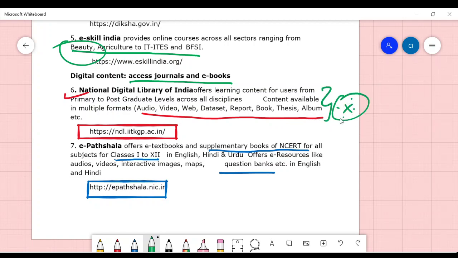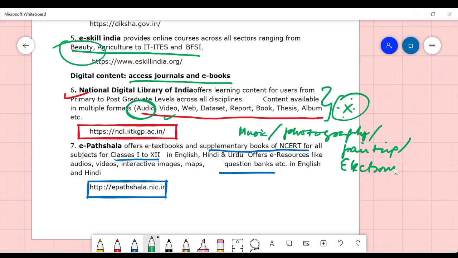Make a link and register there. You can get audio, video, everything you want to have. Some of you may be interested in music, hobbies like photography and painting, and these are kinds of skills that you can always develop. You can even have household electronics which can be repaired and brought back. And if you ask me, I'm interested in looking into books, some of which can be very useful for the students there.